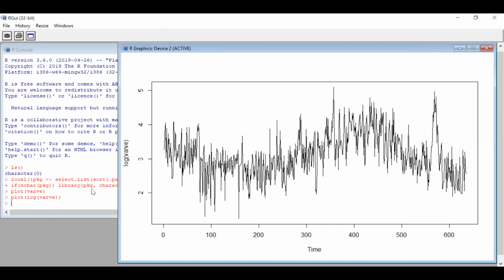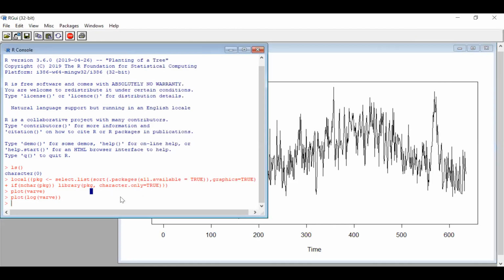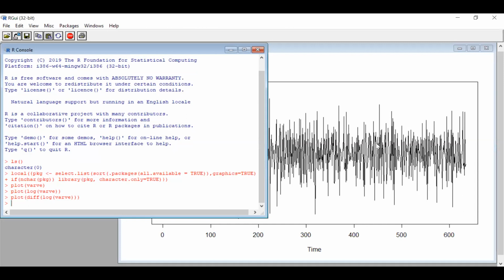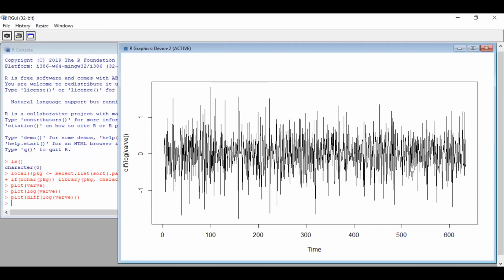So now it's not only the log transformation, but we also take the difference. See, then roughly it looks like white noise, but it's not